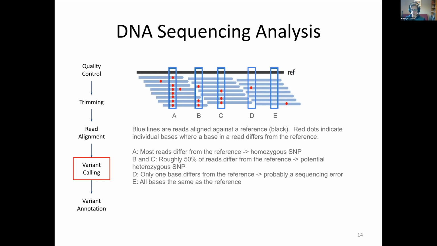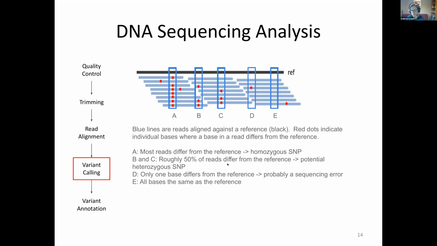So in that case, what's happening is you've got two copies of the chromosome, and you've got a mutation on one of those copies, but not the other copy. And so you're sampling equally from the two copies when you do your library prep. And so half of the reads will have that mutation from one copy, and the other half of the reads will come from the other copy of the genome without the mutation. And so you see this, we call it an allele frequency, where roughly 50% of the reads are differing from